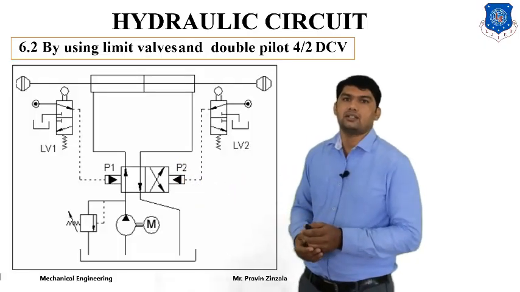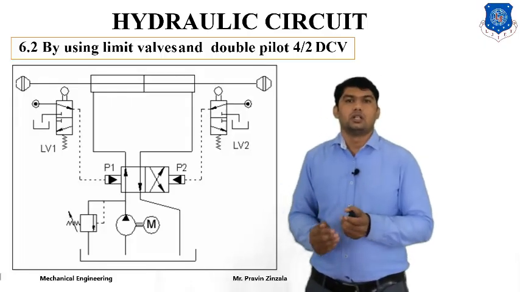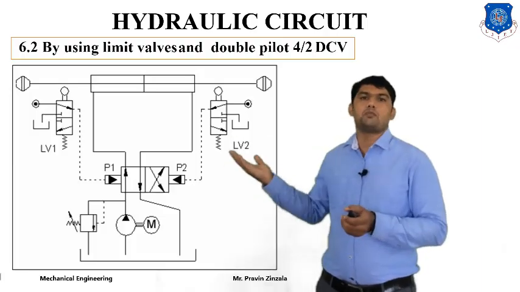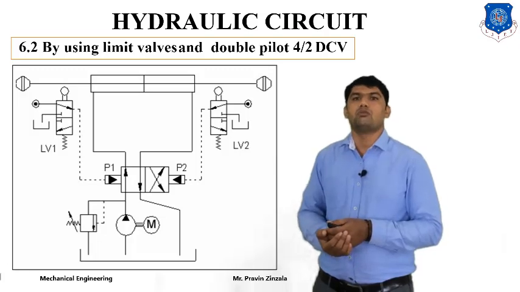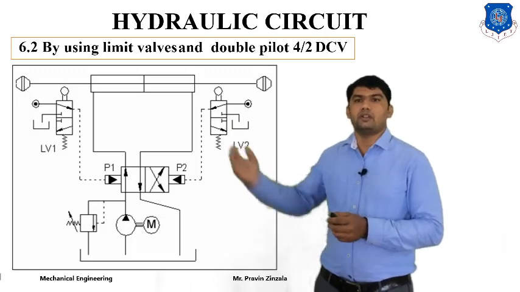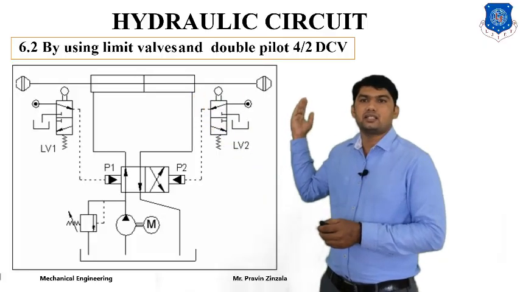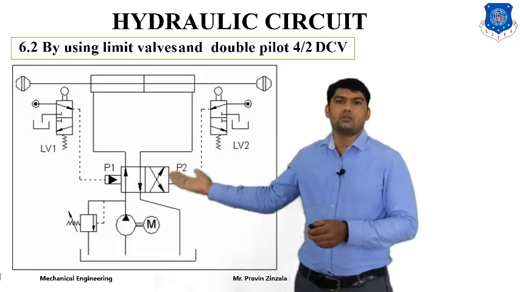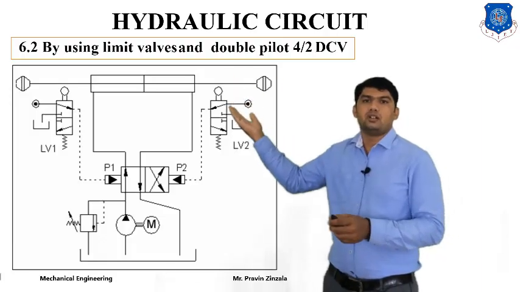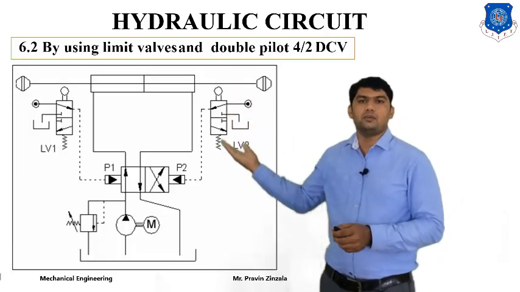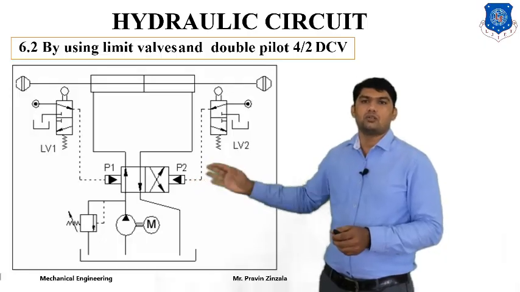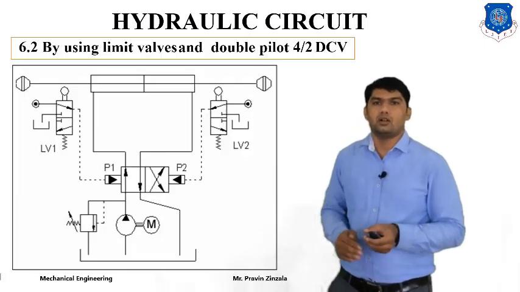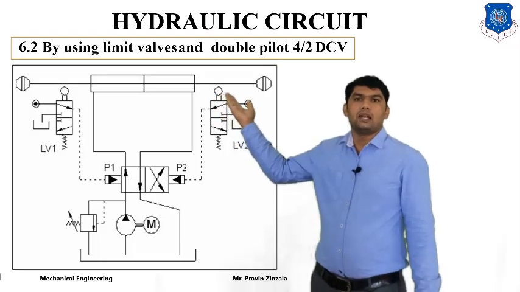in reverse direction. So this is the continuous operation by using limiting valves for operation of a double acting cylinder or double pilot 4x2 direction control valve. So it is in continuous operation. Whenever this spool moves to this extraction position, then L1 comes into position. It will change the position of the direction control valve. Whenever in retraction position, valve number 2 comes into position and it will supply the pressurized fluid to the direction control valve, and the direction control valve will change position and continuous operation will be carried out, and this is the double rod double acting cylinder.